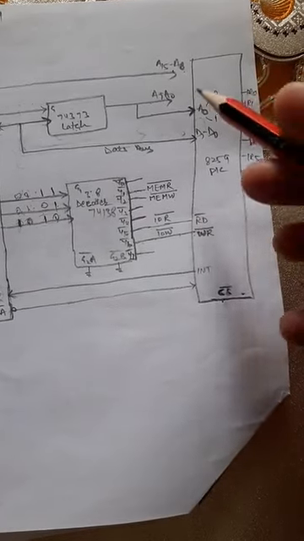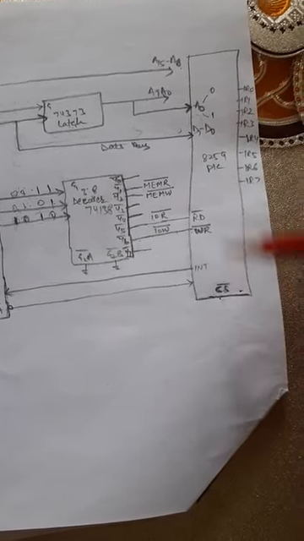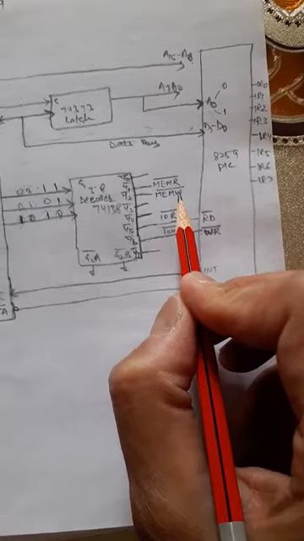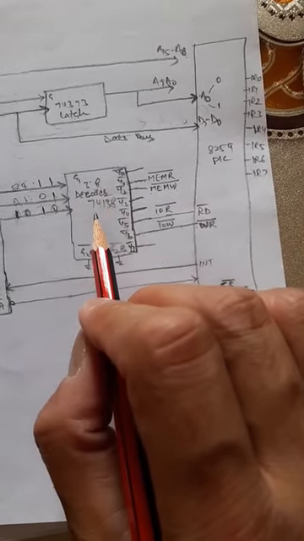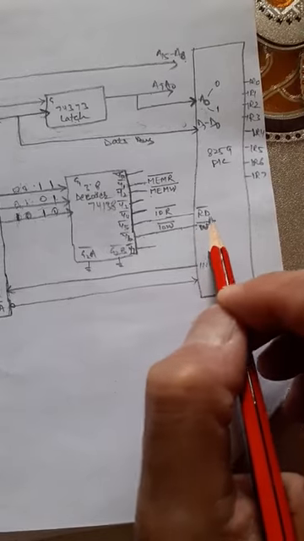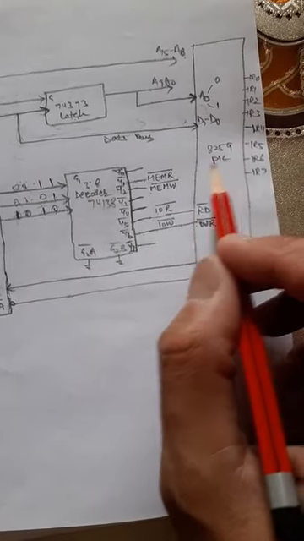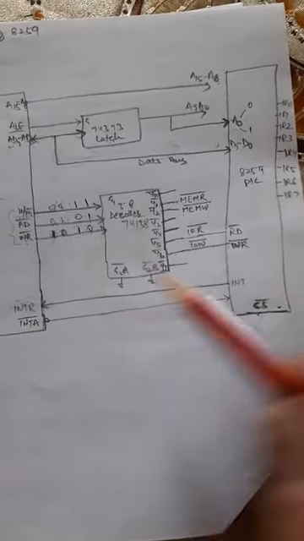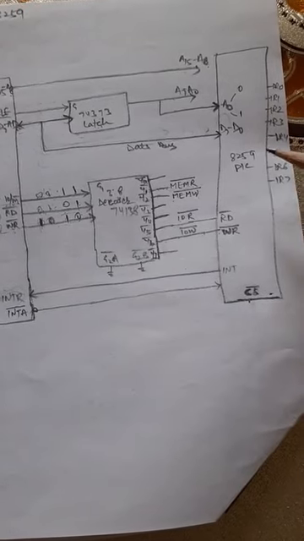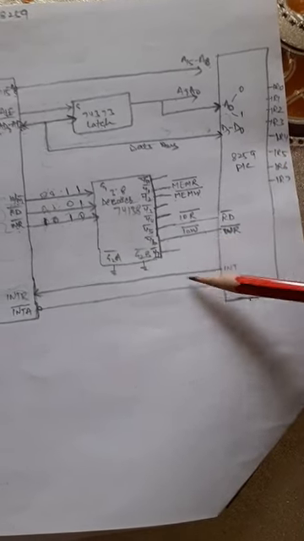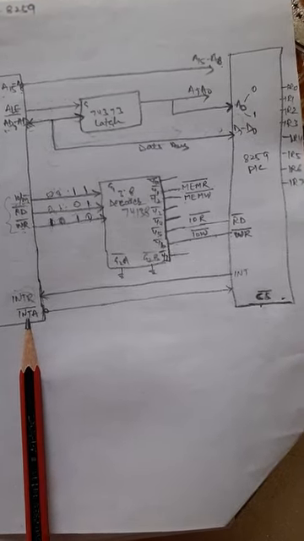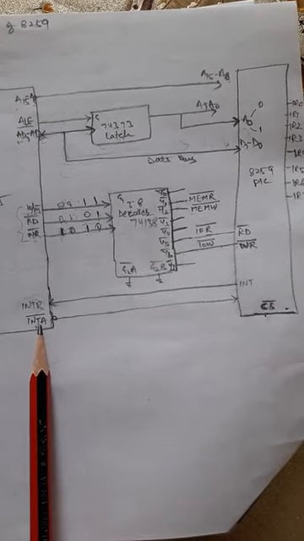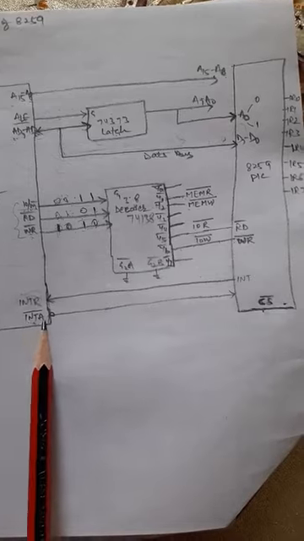As these are IO devices, that's why we have connected them with IO read and IO write. Suppose we are interfacing with RAM and ROM, then we will connect these RAM and ROM memory devices with memory read and memory write. So this is the use of the 3-to-8 decoder: selecting and providing the control signal to the connected IO device or memory device. Whenever the 8259 gets an interrupt from any device, it interrupts the microprocessor, and the microprocessor will ask for the ISR address for that particular interrupt, so that it can service that interrupt through the INTA bar signal.